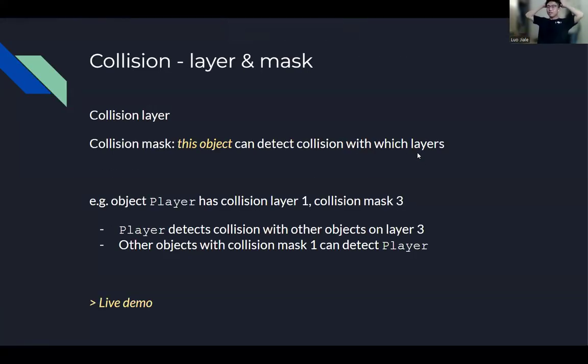Okay. So collision layer, you can tell from its name, just means that this object is residing on the layer, right? And then the collision mask tells you which layers the current object can detect collisions with, right? So if let's say my node has a collision mask of layer 1, then it is able to detect the collision with layer 1. That's it,